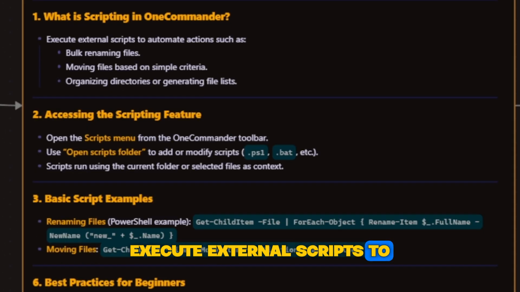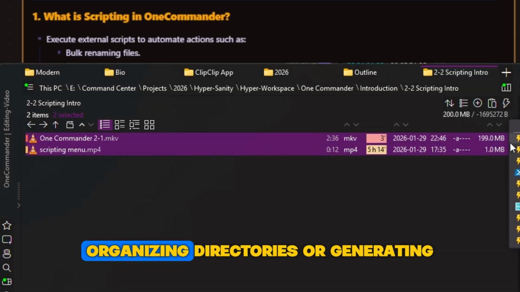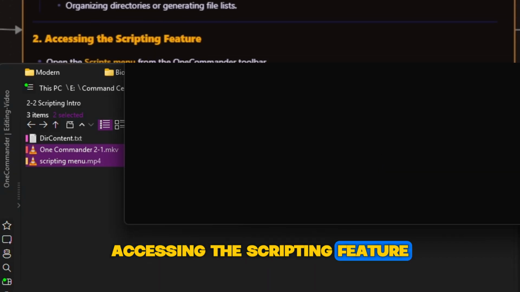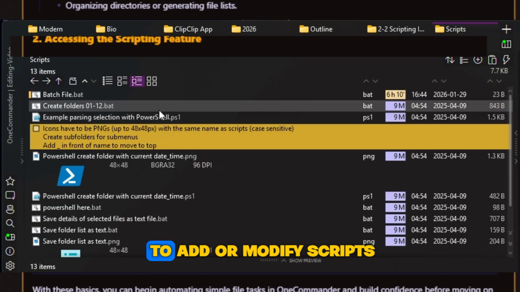Execute external scripts to automate actions such as bulk renaming files, moving files based on simple criteria, organizing directories, or generating file lists. Accessing the scripting feature: open the scripts menu from the OneCommander toolbar. Open the scripts folder to add or modify